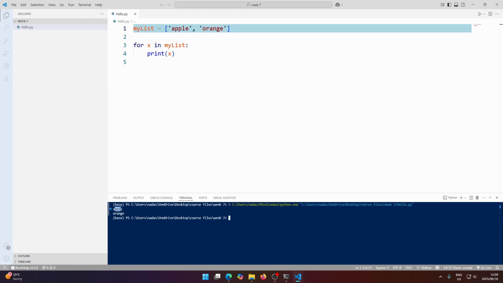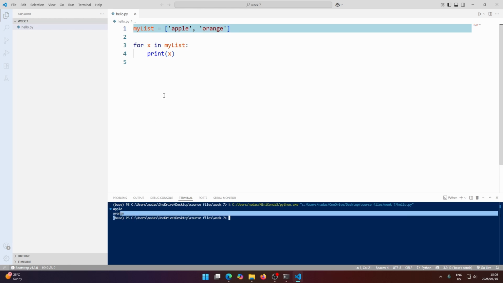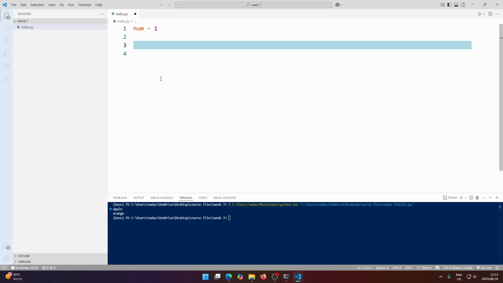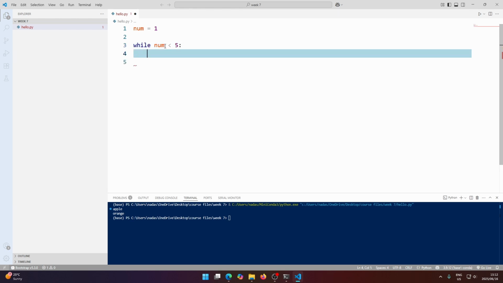So okay, I ran it, it printed apple, and then on the next line it printed orange. So next we're going to be doing while loops. To use a while loop, you type the word while, and then you give a statement that's true. So we can say, for example, num is less than 5, because it's 1 right now. So num is less than 5, and then we use our colon here,